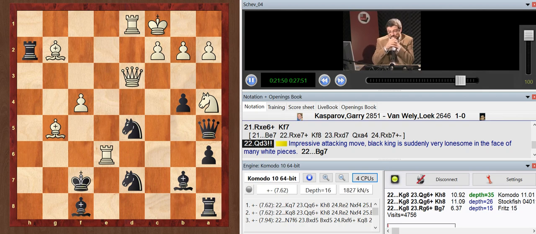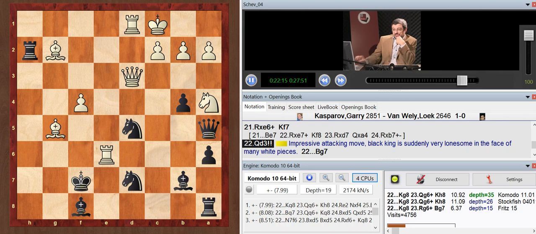Move connected with sacrificing quite a few pieces. I mean, objectively speaking, now white sacrifices or leaves en prise at least three pieces: knight on a4, bishop on g2, and rook on e6. But on the other hand, there is a threat of mate in one. Queen g6 is quite powerful and very difficult to address.